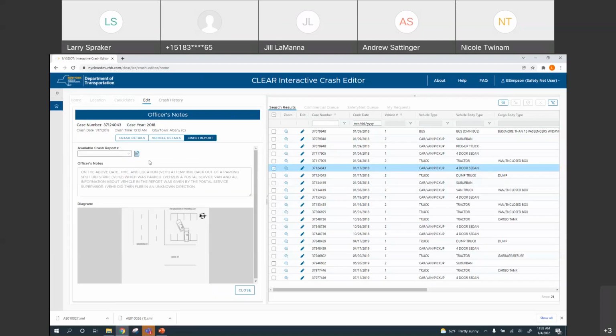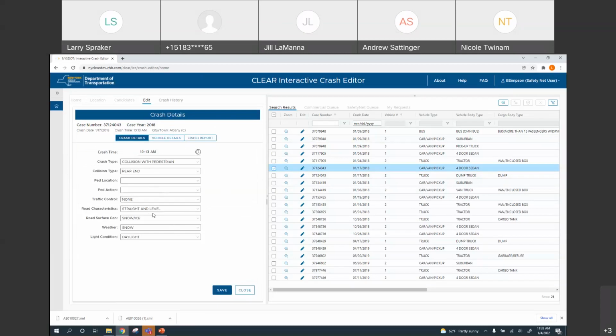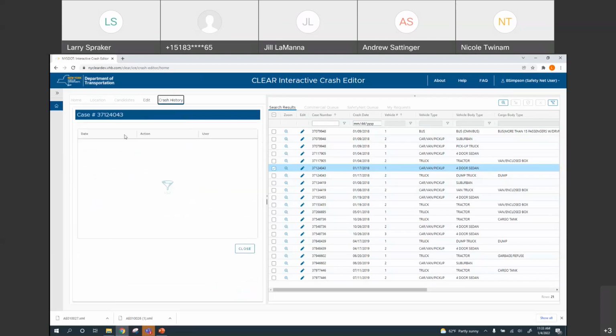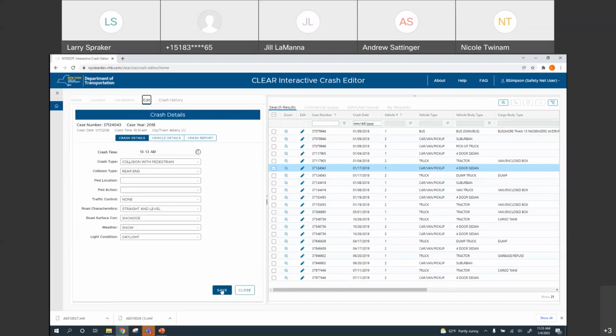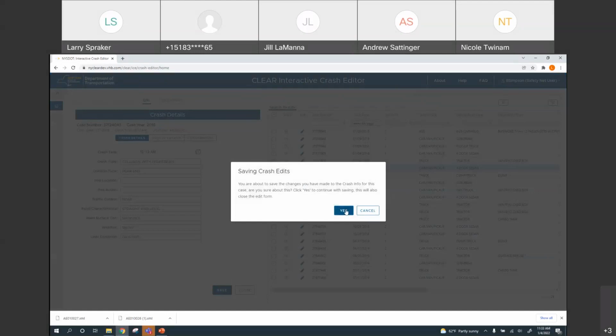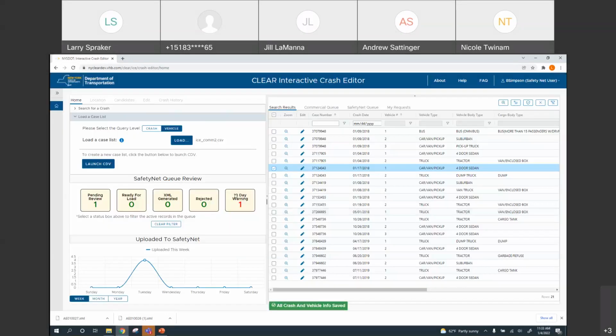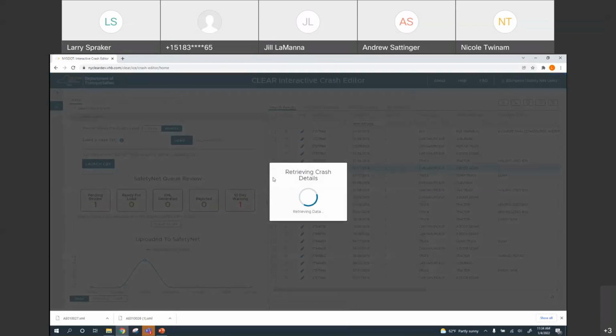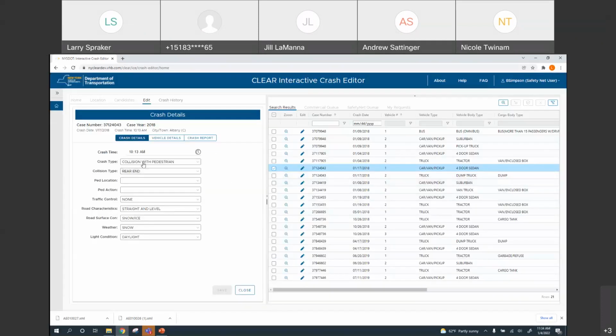We can pick a particular crash report, click this, and open it up. But all of these are here available for you, and the crash history is here. So this one is saying there's actually been no edits to this crash. Well, if I were to save this and save these edits, so I'm going to say, yes, save this. I just edited that. If I open this back up to open the crash where I changed this to collision